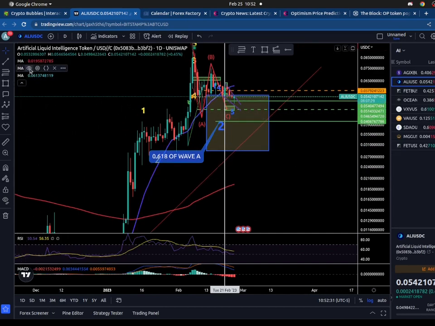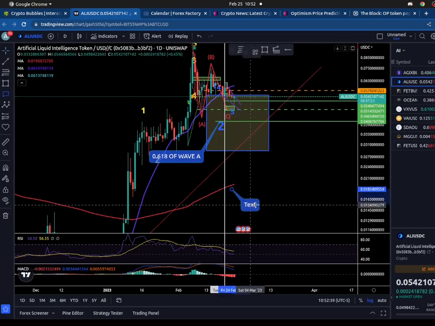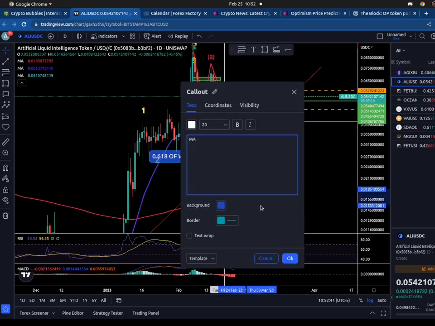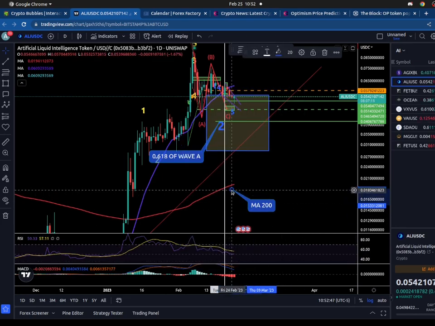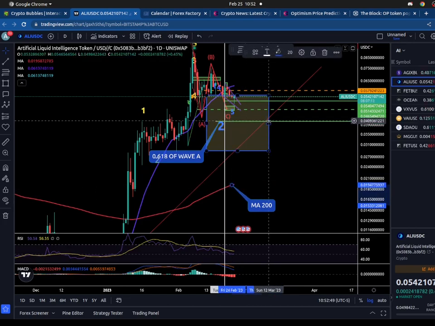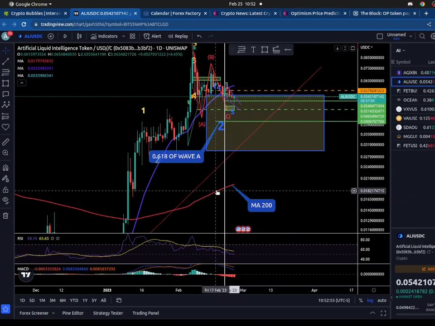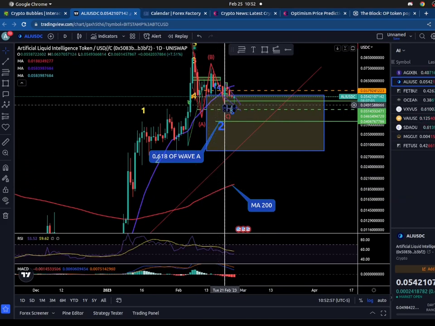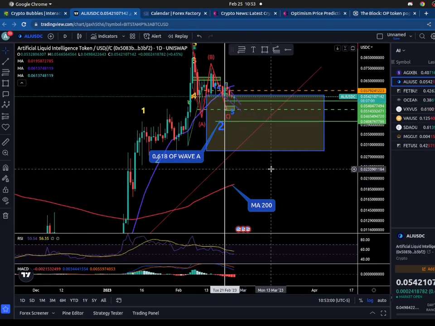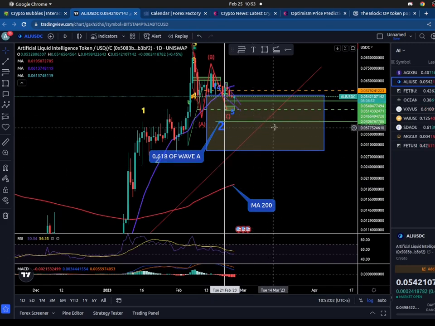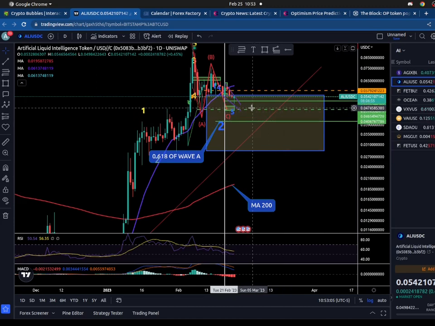And then this red line here, this is the MA 200. Okay, so at least we have an idea, and as I said, often the price will go back to the MA. So I think I'm going to wait a little bit. For sure, if the price goes to 0.04, I'm going to get some. More likely, I'm going to get some at this level as well, which is, let me put it,